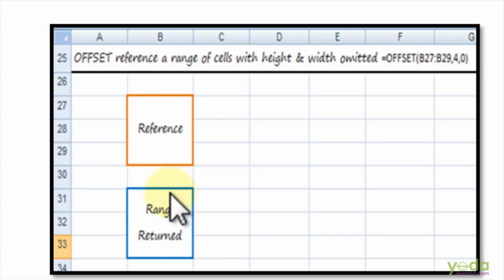We won't be giving the height and the width to the offset, so it will give me the same number of cells which was there in the reference cells, that is 3. So the output that I will get is B31 to B33.